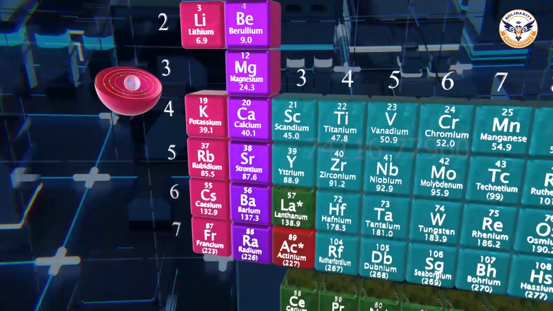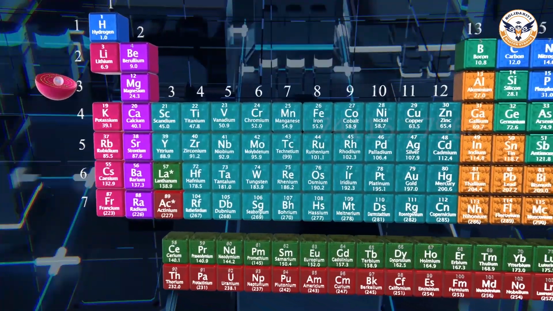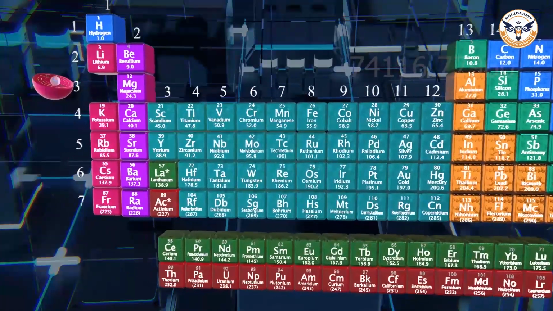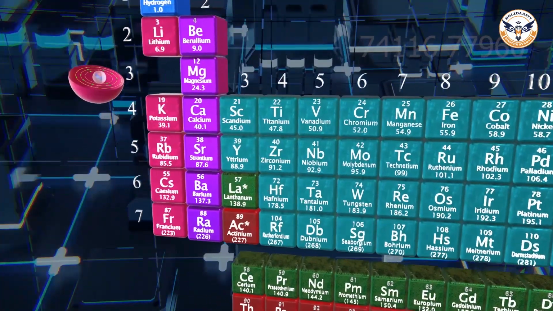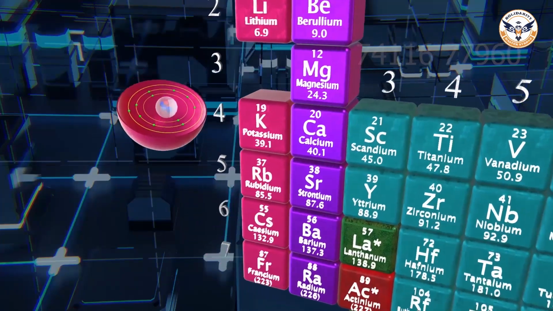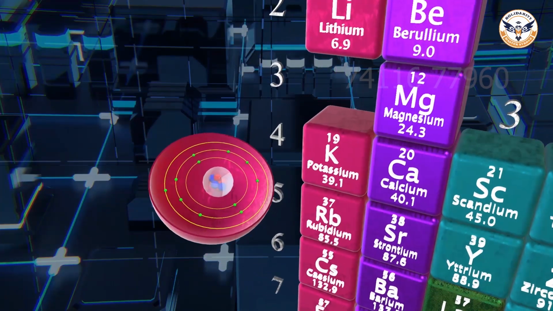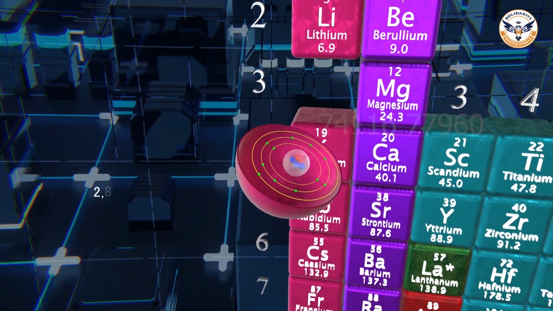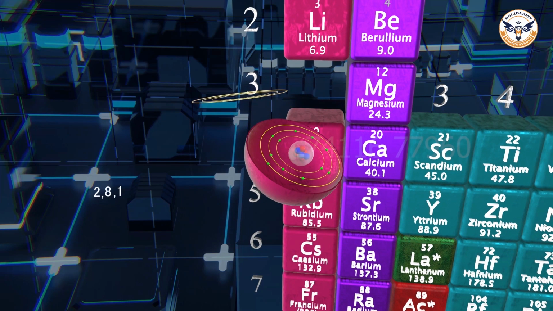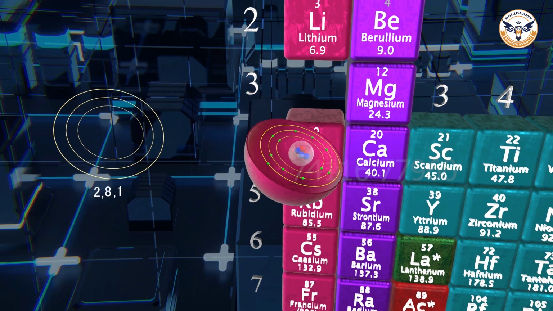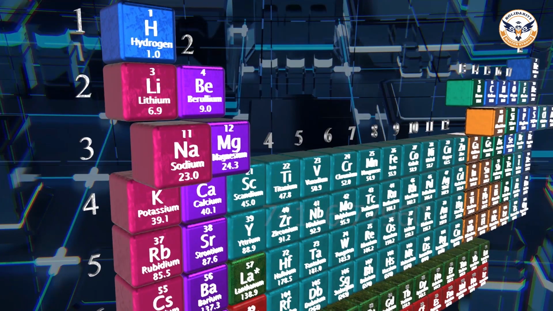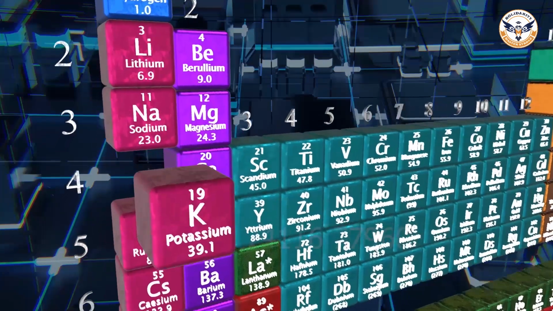The electronic configuration of an element also helps us to decide the position of an element in the periodic table. The number of orbits or shells denotes the period to which that element belongs. Let's continue with the same example of sodium. Its electronic configuration is 2, 8, 1. This means there are 3 shells in an atom of sodium, and therefore, it belongs to the third period of the modern periodic table. Similarly, potassium